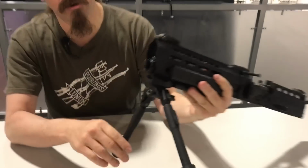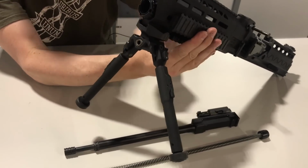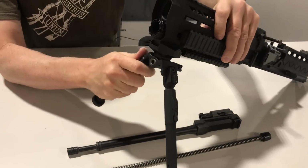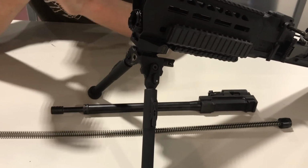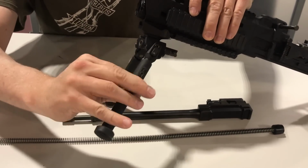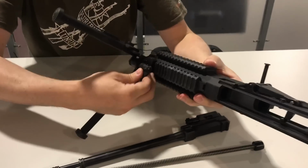Knights does have one of their bipods on here. This is the same sort of bipod, or same family of bipods they use on their sniper rifles. This one is set up for pivot, but not rotational motion. There's a separate version that has a second pivot mechanism in it. It can, of course, fold forward, fold back, extend, depress, and then a tensioning mechanism right here,